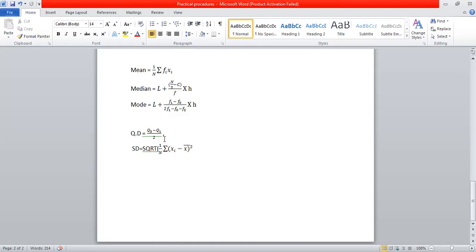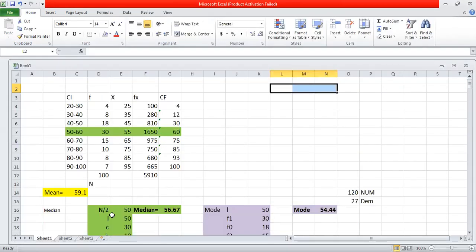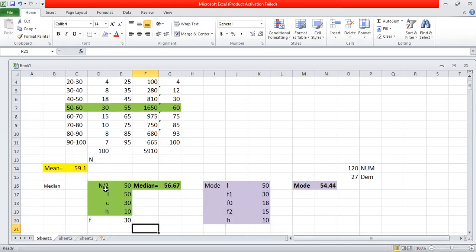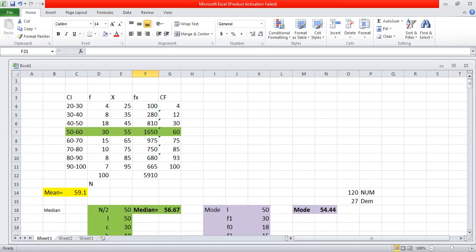So you find out similarly how I have done the median. I have calculated n by 2, right? Like that, for Q3, you calculate 3n by 4, L3, C3, H3 and F3 values and calculate Q3. Next, you similarly calculate Q1, substitute in the formulas, we get the required quartile deviation. Next, coming to standard deviation. What is the formula of standard deviation?